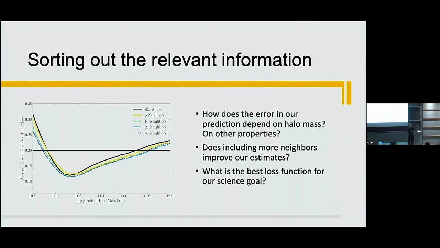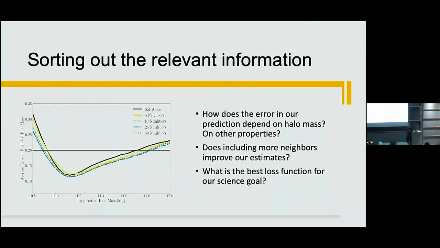Paco, yeah. So very nice talk. I have a technical question. When you change the number of neighbors, do you change the architecture or do you keep it the same? No, currently the way that I'm changing the number of neighbors is I'm just applying a mask to the input layer. So the rest of the architecture stays exactly the same. I'm just setting all those stellar masses and distances to 0 beyond that.